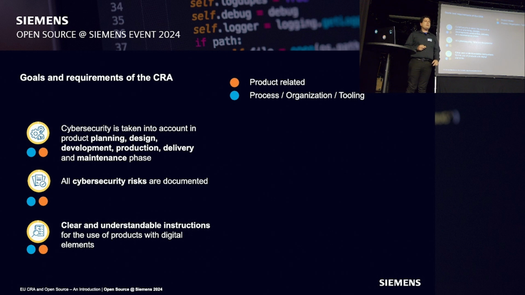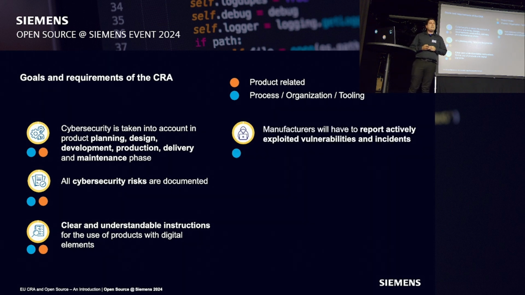And then you need to tell the users, of course, how they need to use the product, how they need to harden it, or maybe we should talk about hardening, because the Cyber Resilience Act has a requirement for security by default. So while in the past we used to write a lot of hardening guides, maybe now we should write the hardening guide, right? Because you should provide products that by default are fully hardened, and then maybe you should tell the customer, look, this is how the product should be. And then if you change the settings, these are your risks, because you are changing what I give you as security. And then if you modify these settings, these are the possible risks.